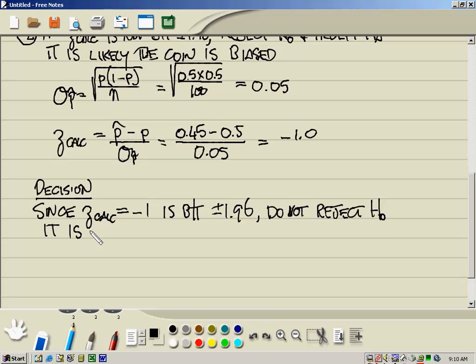And we're forced to make the conclusion it is possible the coin is unbiased. The coin is not biased. Possible though. Alright, and that's the problem as a z-test. And now let's look at that